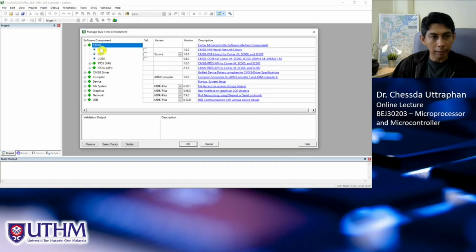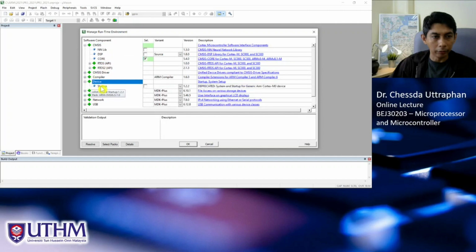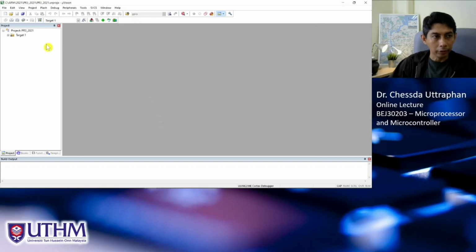So here is CMSIS. This is actually the library that is used for modern ARM development projects. So we select this core, and in device select the startup, and we click OK here, and we will have